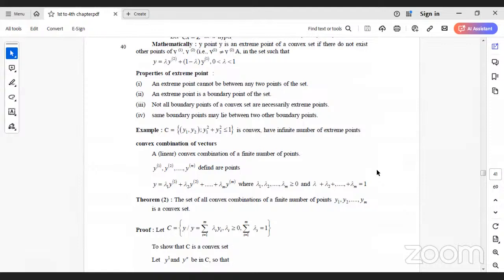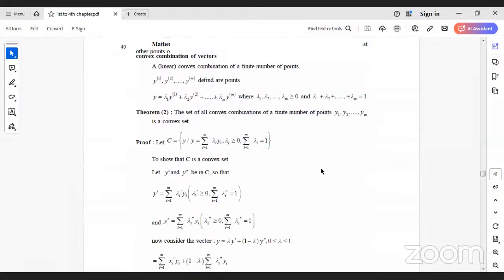It is defined as the point y equal to lambda 1 times y power 1, plus lambda 2 times y power 2, and so on, plus lambda m times y power m, where lambda 1, lambda 2, and so on, lambda m are greater than or equal to 0, and lambda 1 plus lambda 2, and so on, plus lambda m is equal to 1. Theorem 2: the set of all the convex combinations of a finite number of points y1, y2, ym is a convex